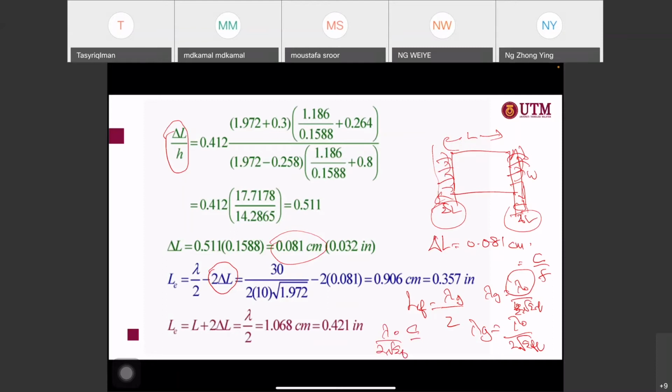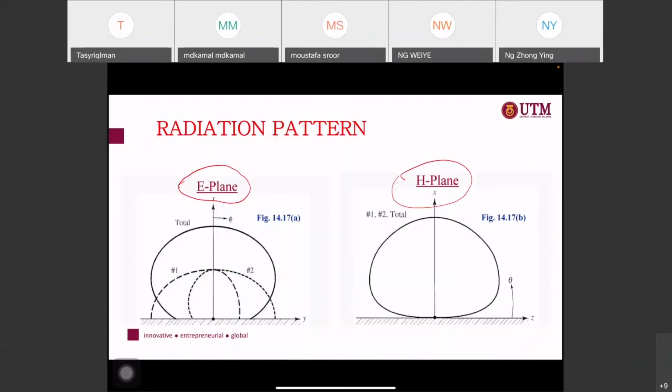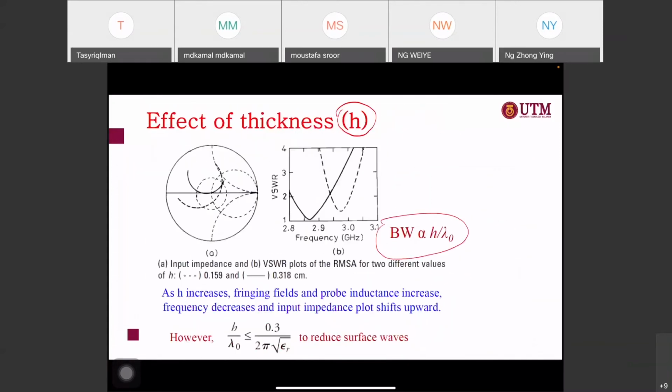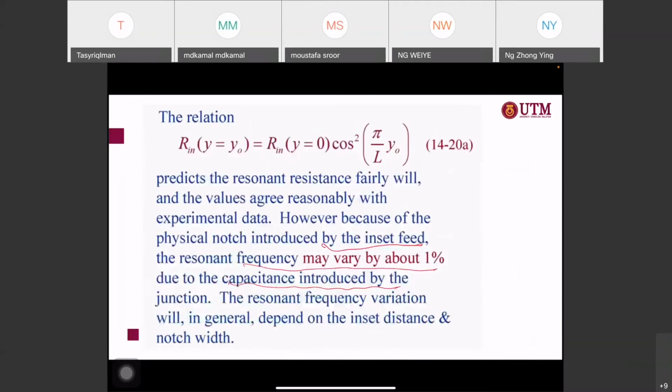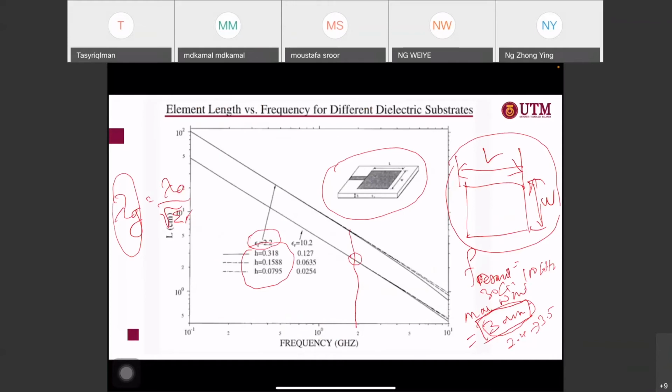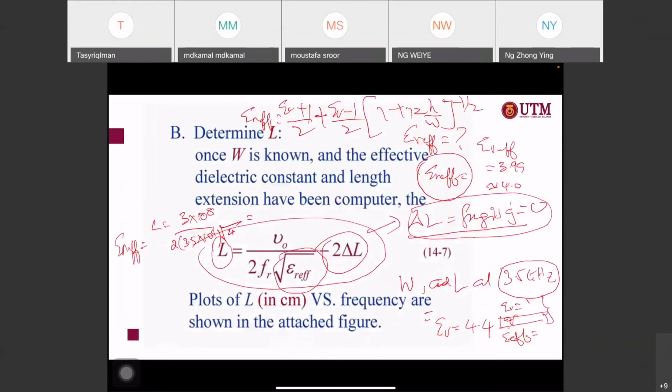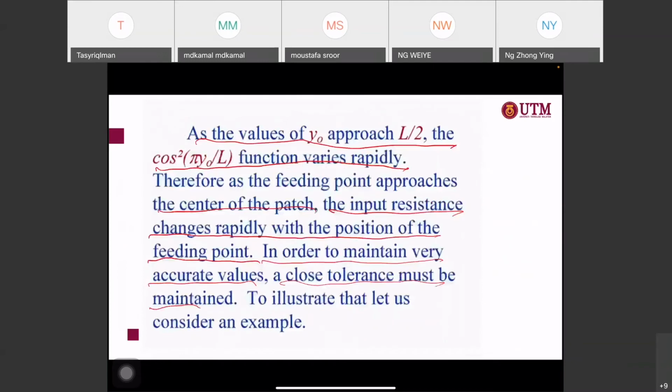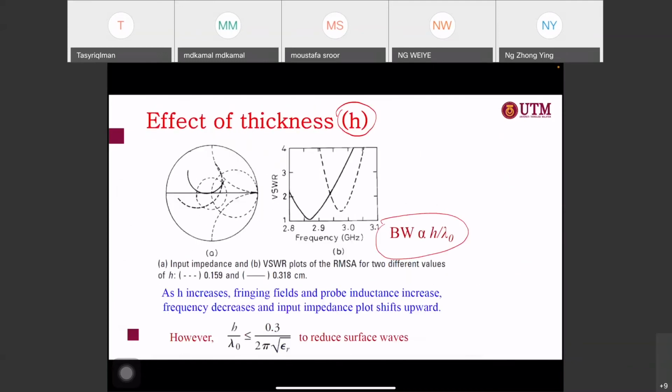So lambda naught over 2 epsilon effective, that's why you get C over 2F multiplied by epsilon effective. You can see it's almost similar to the previous one that I showed you. Okay, C over 2F multiplied by epsilon effective. Once you have this value,